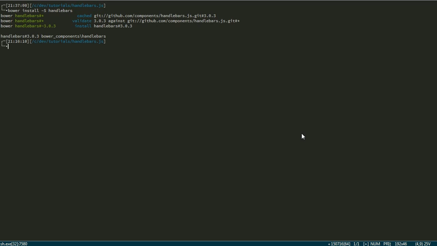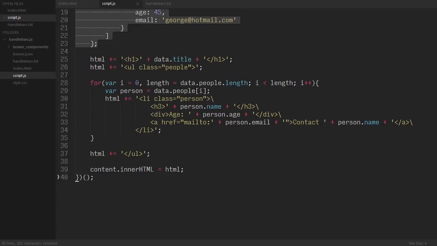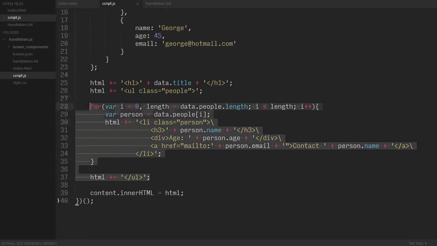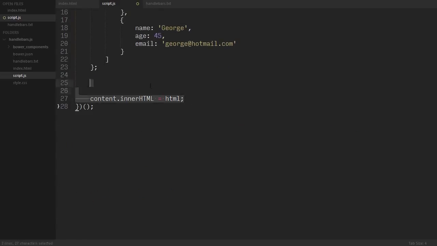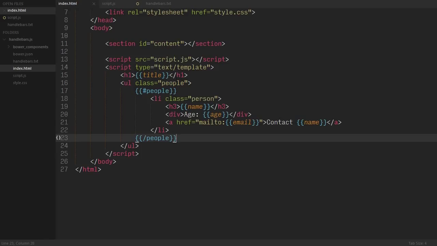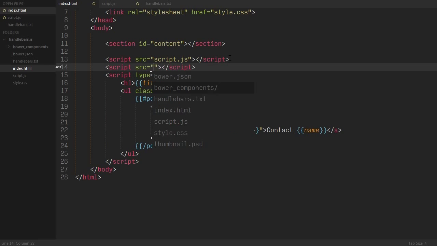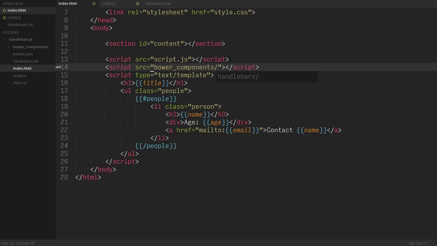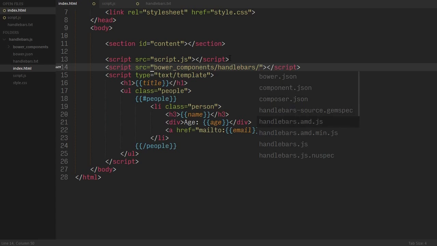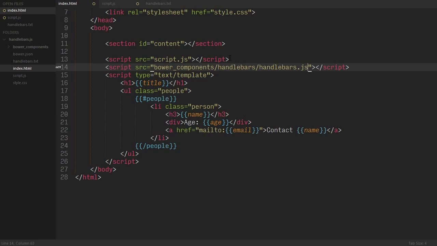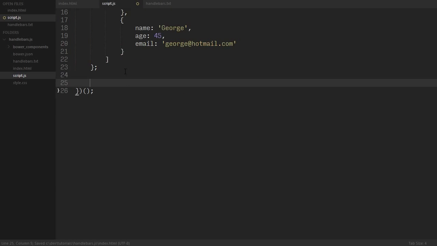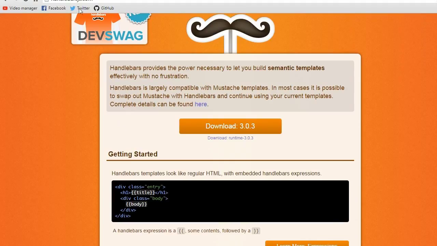Okay, that took a while, but we should have Handlebars now. So let's go back into our project. Let's get rid of this. We don't need this anymore. And we need to include this script file. So script, and then the source will be equal to Bower components handlebars handlebars.js. Let's save this, and if we go back to our page,